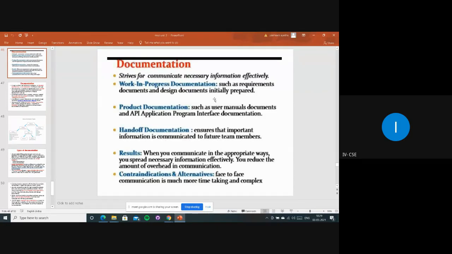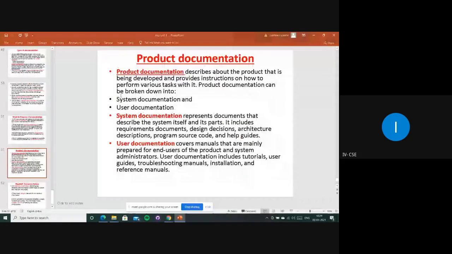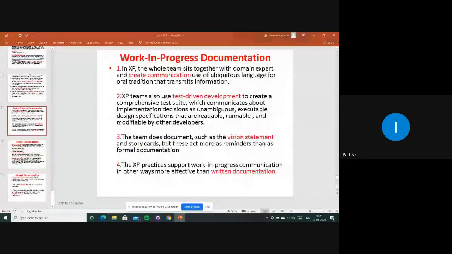Gathering all the requirements and noting all the information, how to design, what to design, how the project should look. By seeing that documentation, everyone can easily understand what is what, right?